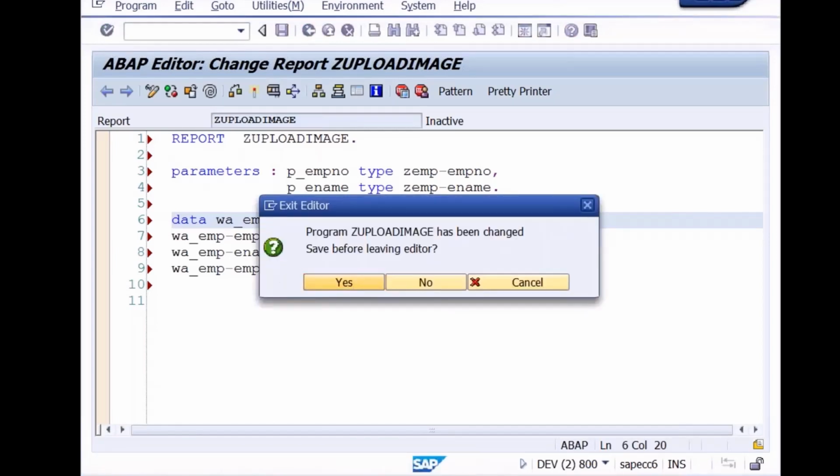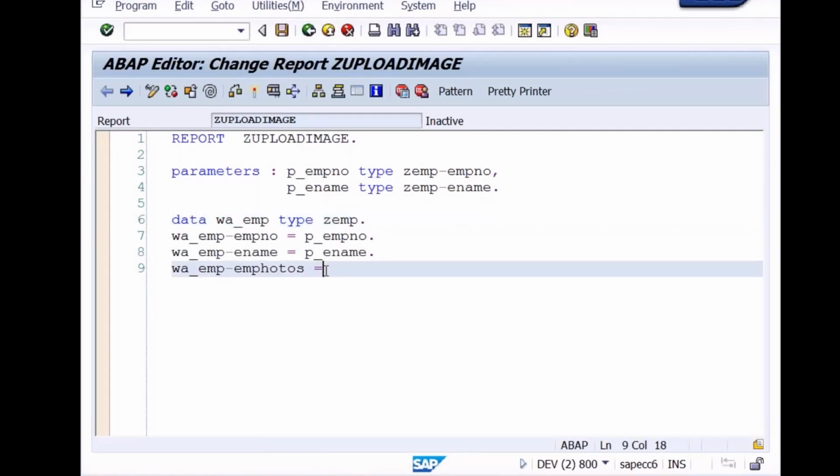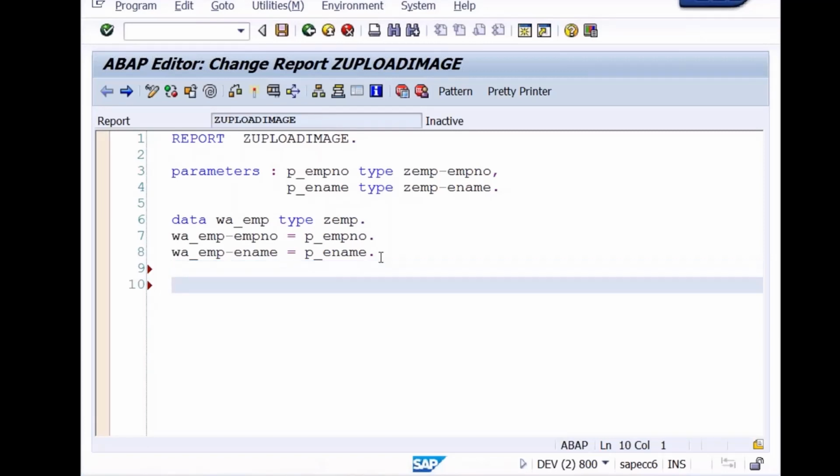So if you see the table, this particular field is of type what? Raw string. Raw string of any length. So I cannot assign the data like this. So what I have to do is, since I require a variable of type raw string, see the technique here. First what I'll do is,